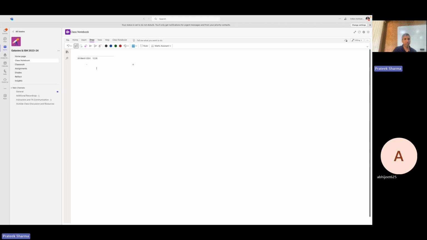So let's see. Line profiles. Line profiles are extremely important. This concept of line profiles is extremely important. And there is something called an intrinsic line profile. So sigma intrinsic, which is a function of frequency,